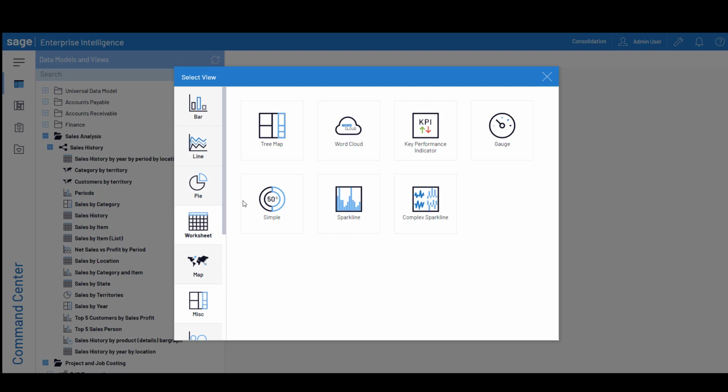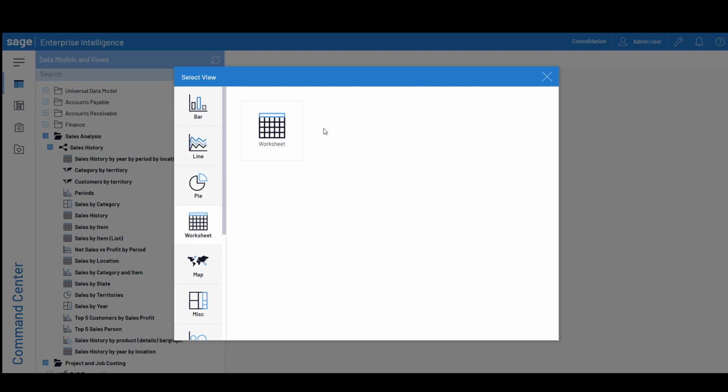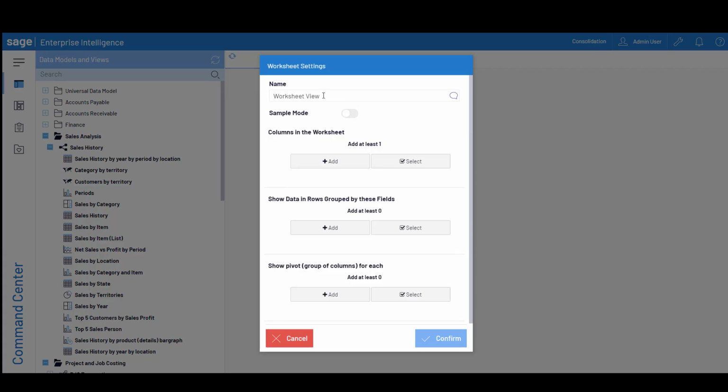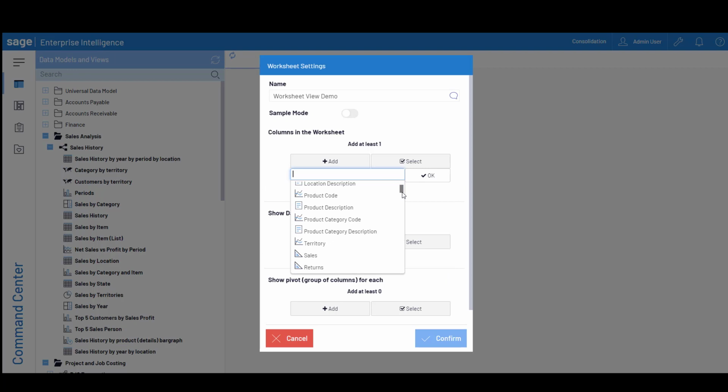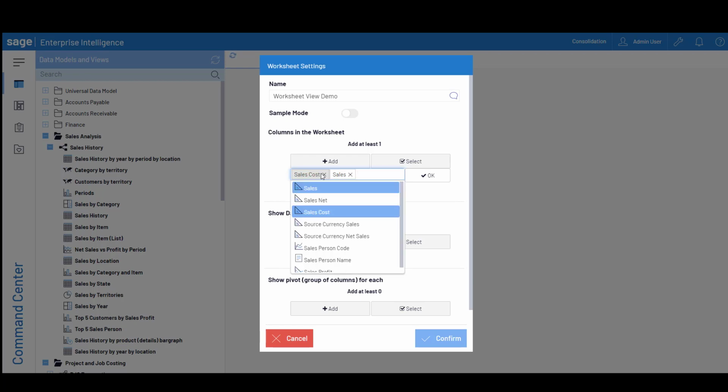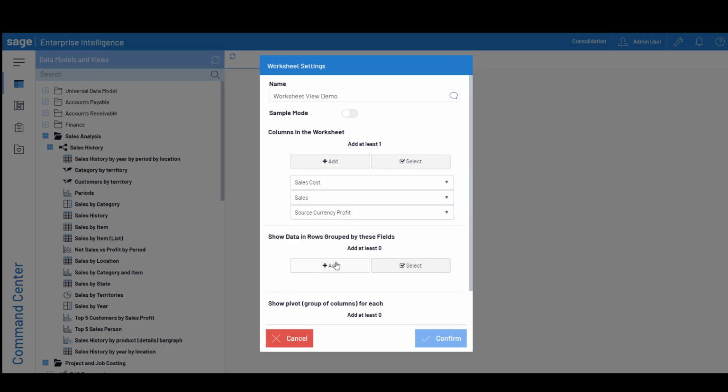So let's say if you would like to create a quick report on sales analysis. So we'll go into the worksheet, and by doing so, we will have this neat little feature opening for us where we can give it a quick name, add desired columns into this report, which comes with a drop-down list where we can go and select the columns that we would like to include in the report, or we can simply type in the names as well. For example, if we would like to include the cost, sales, and the profit,